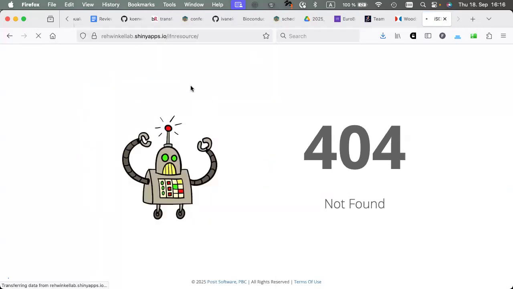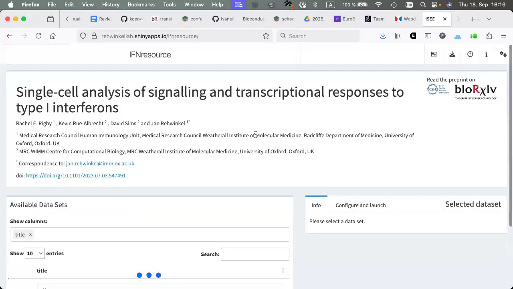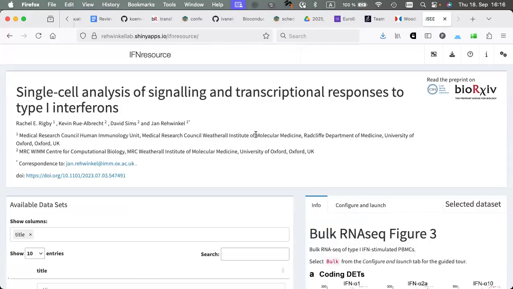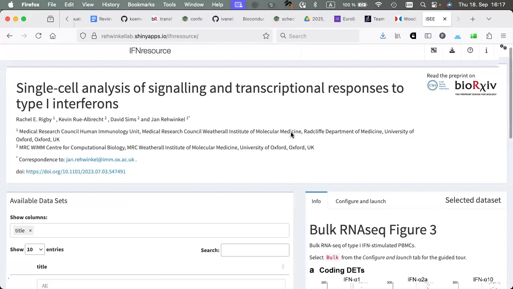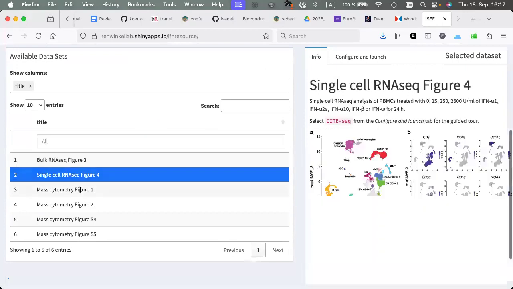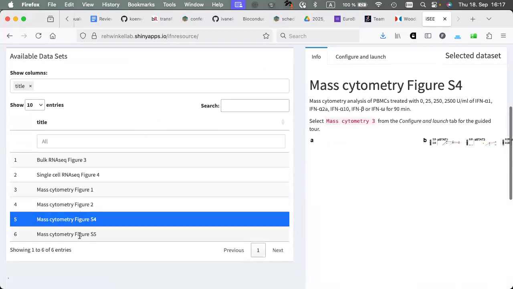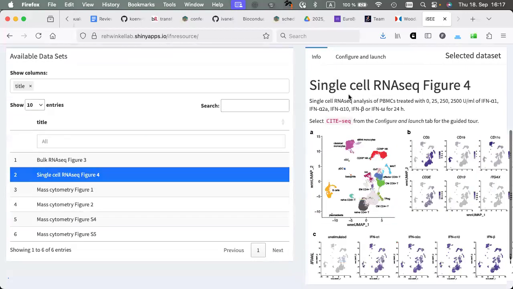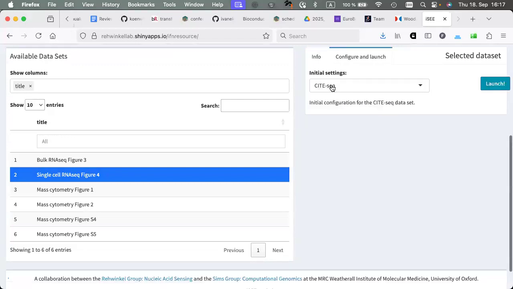So yes, you're right. So the interferon resource is nothing but iSEEindex with a mask on. You can actually put pretty much whatever you want. You can put a table of your data sets. If you have site-seek data that you proudly want to show in figure 4, and you want to configure that with a configuration which is specific to your site-seek data set,